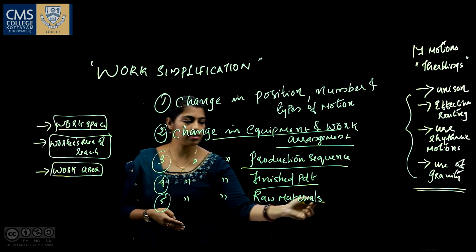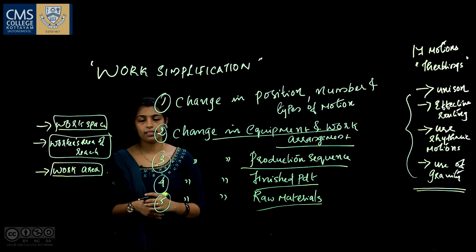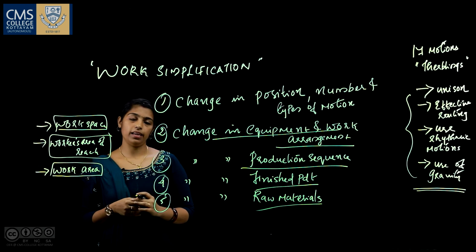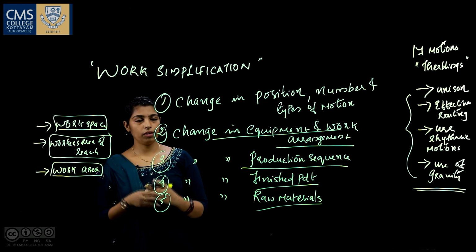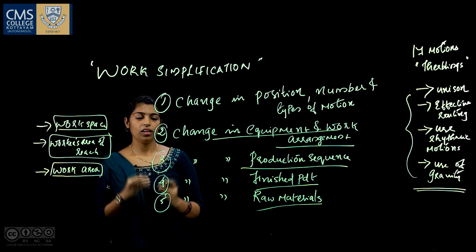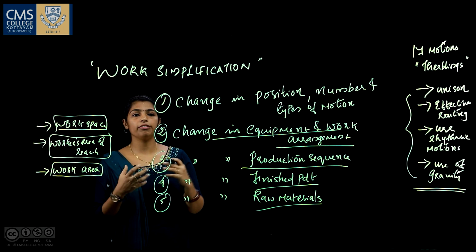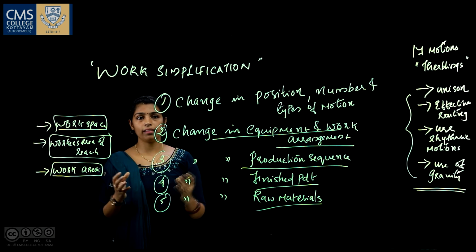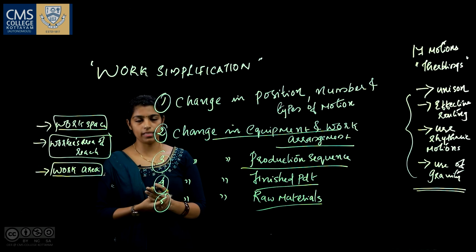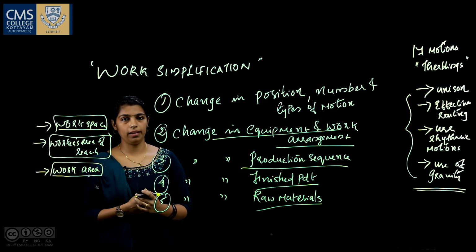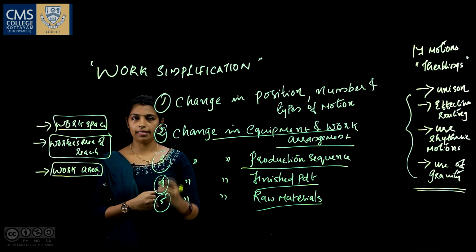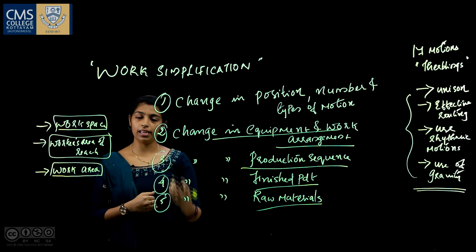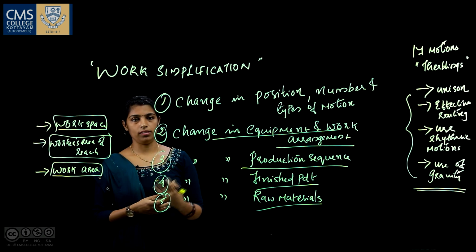Then the last one is regarding the changes in raw materials. We have plenty of materials that are available now with easiest methods of preparation. For example, when we consider the cooking aspect, we have instant coffee, instant masalas, everything. So, why should we focus on bringing all the spices together, grinding, sorting and bringing into a new masala when something is instantly available? Such kind of raw materials can be utilized and thus reduce the physical exertion of any person, even the household workers.